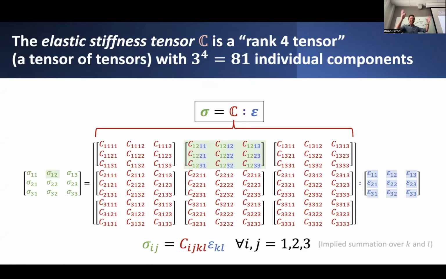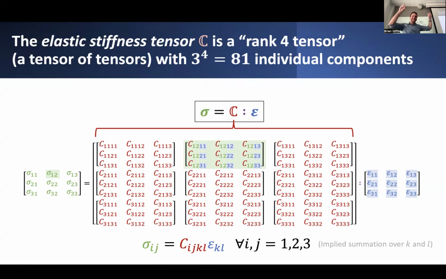But suppose you were to visualize it this way, where you wanted to know the resulting stress tensor given some known components of the strain tensor. You could write it out in that matrix vector representation like we did previously, or you could represent it in this symbolic notation in terms of these tensor quantities, a stress tensor, a strain tensor, and